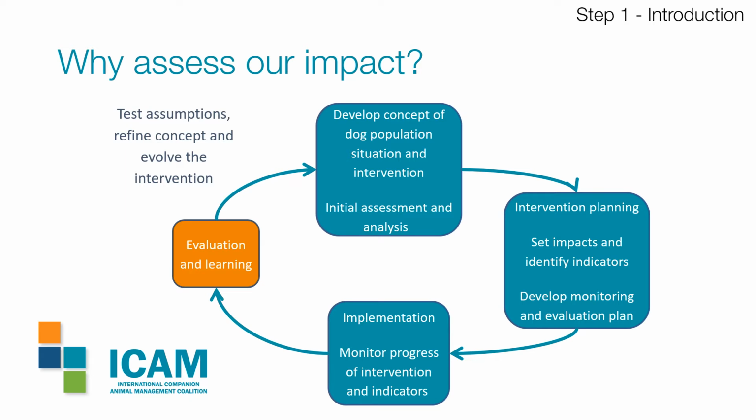We then implement and monitor. At the orange evaluation stage is where we bring value from our monitoring by asking searching questions about how well our intervention is doing and what we have learned about our dogs and our community through our intervention implementation. This improves our understanding further, and we can then evolve our intervention and work back round the cycle. These loops or cycles may just take weeks or months in the early piloting stages, but it may well stretch to a number of years as the project matures.